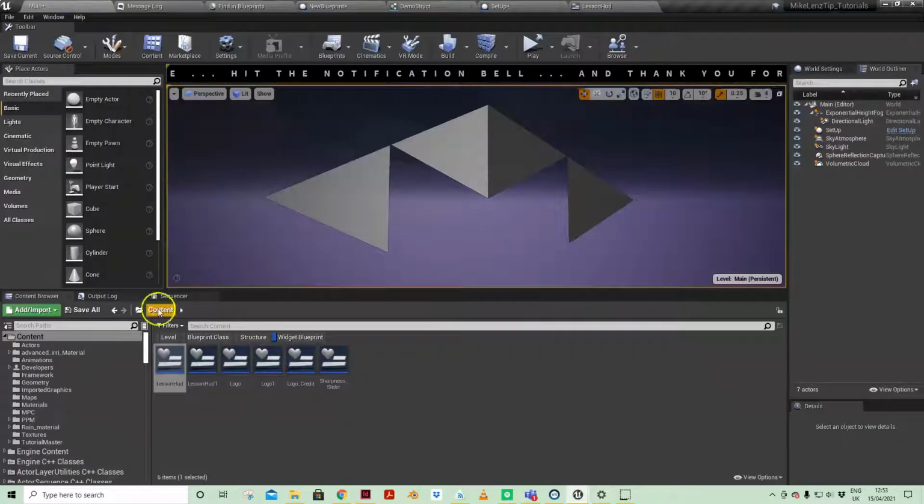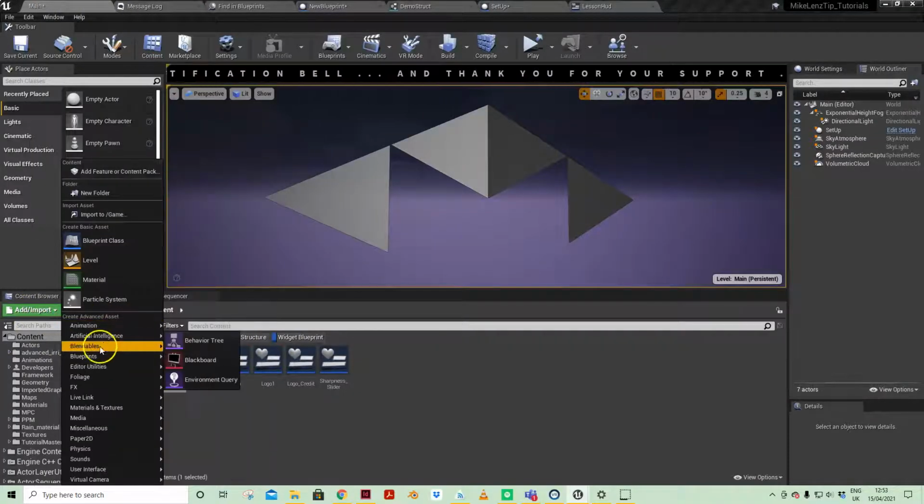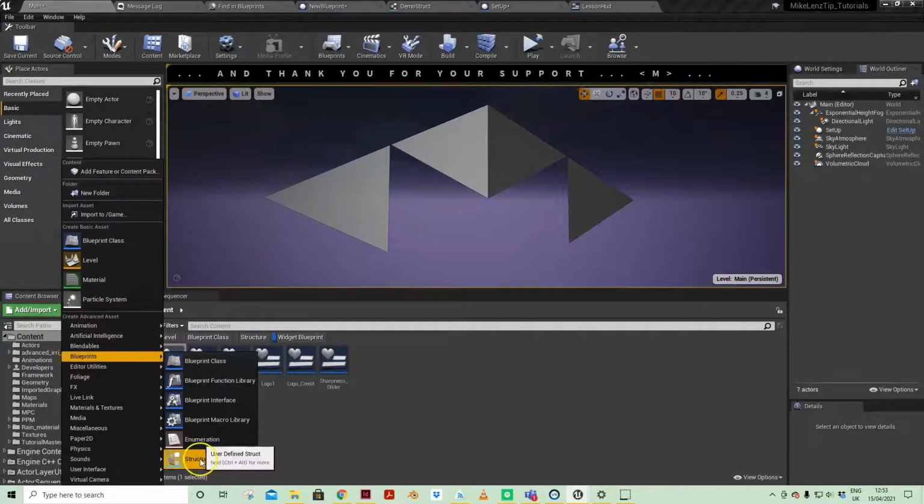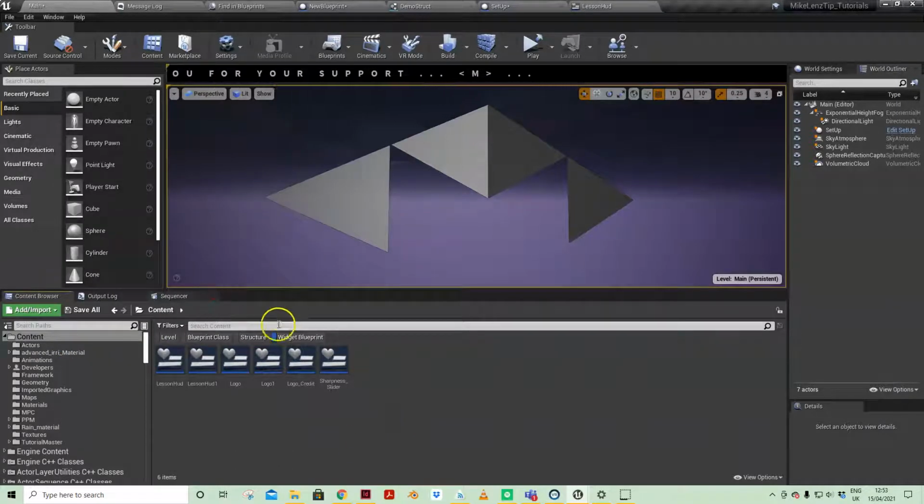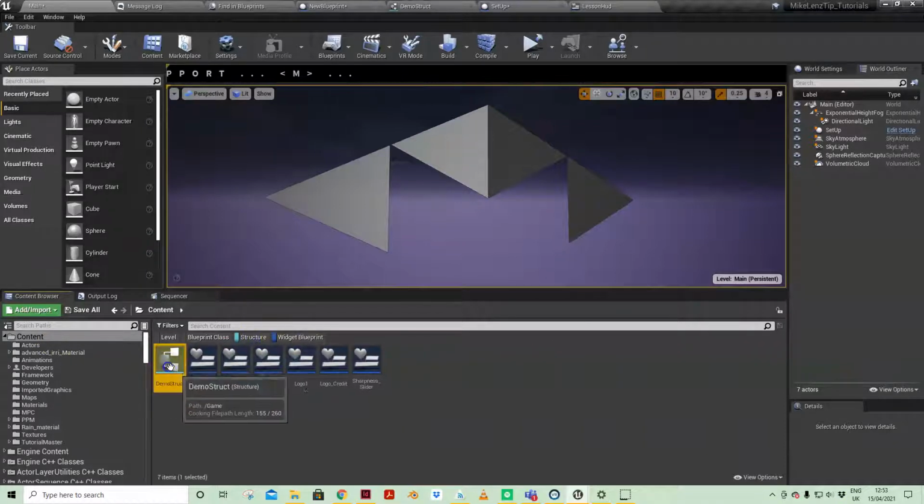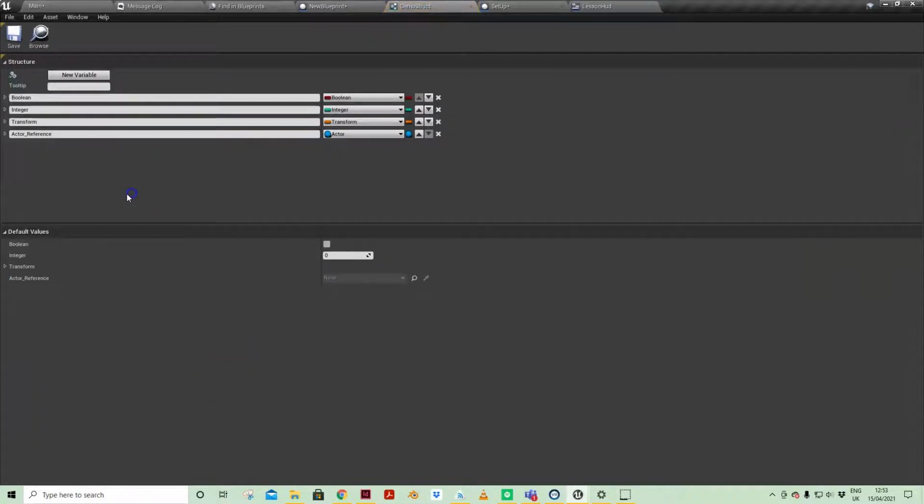So if you come to the main menu and you come to Add Import Blueprints Structure, if you click on that, what I'll do is find the one I created just now, Demo Struct. So you just name it as you would normally, double click it, and then you can add new variables and just build up a list here. So that list can be a whole combination of different types of variables. They don't need to be all floats or all integers. You can get quite complex really in the way that you use this, and it's super powerful as a way of just organizing